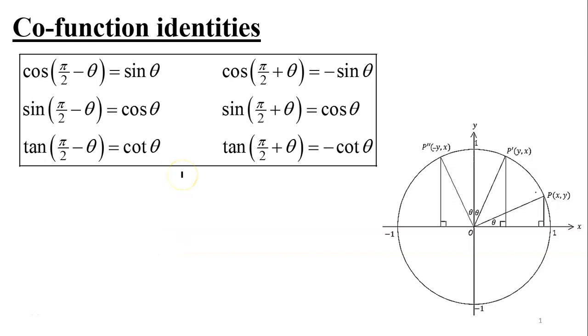In this lesson, we're going to be working with co-function identities. Now, the co-function identities are in fact identities that relate the trigonometric lines of pi over 2 plus or minus theta to the trigonometric lines of theta. It's in fact similar to the work that we did in a previous lesson